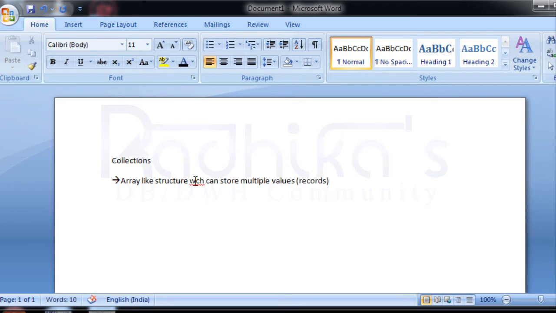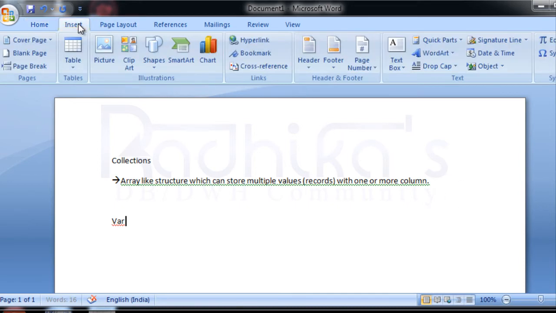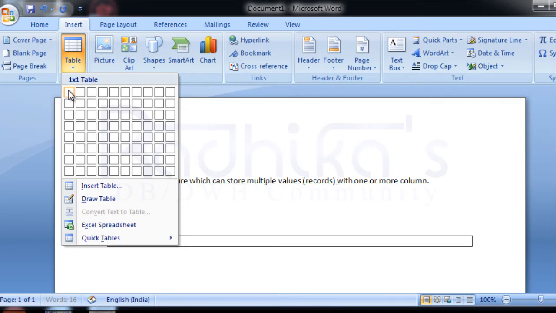What is a record? I'll tell you that as well. A value with one or more columns. What exactly does this line mean? For example, take a normal variable called var. How does a normal variable look like? It's very simple.